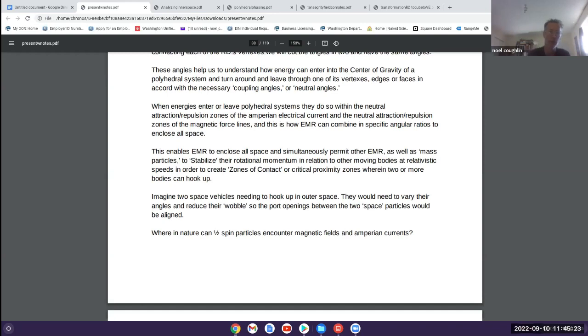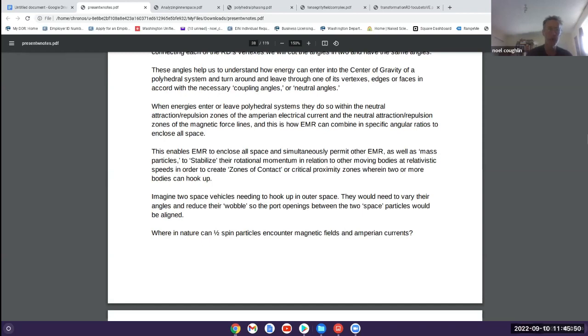This enables EMR to enclose all space and simultaneously permit other EMR as well as mass particles to stabilize their rotational momentum in relation to other moving bodies at relativistic speeds in order to create zones of contact or critical proximity zones wherein two or more bodies can hook up. Imagine two space vehicles needing to hook up in outer space. They need to vary their angles and reduce their wobble so the port openings between the two space particles will